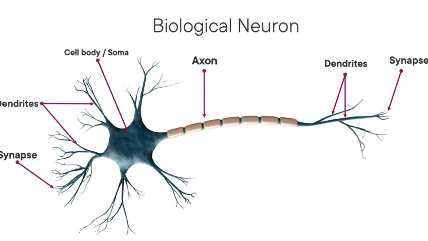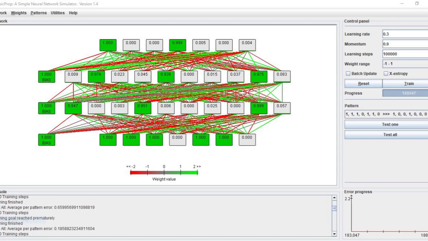about the neural network simulator. Okay, I'm going to use the BasicProp program, and we're going to do one neural network simulation. And what we are going to do is we're going to generate, for example,